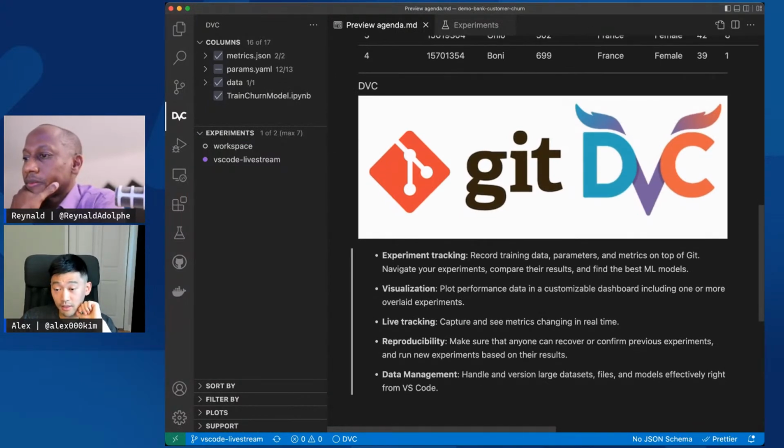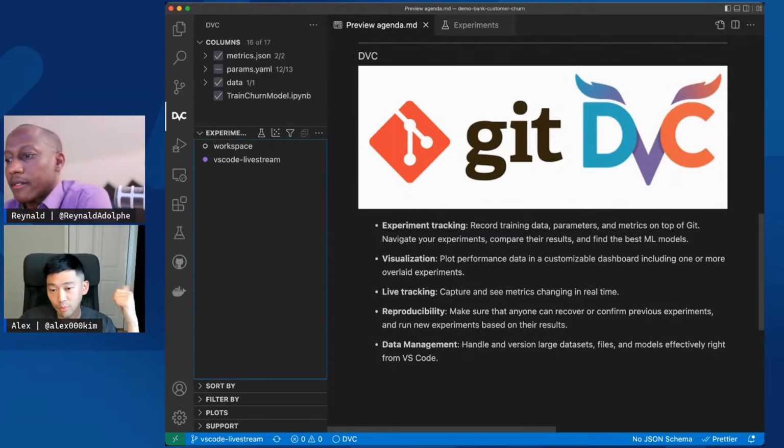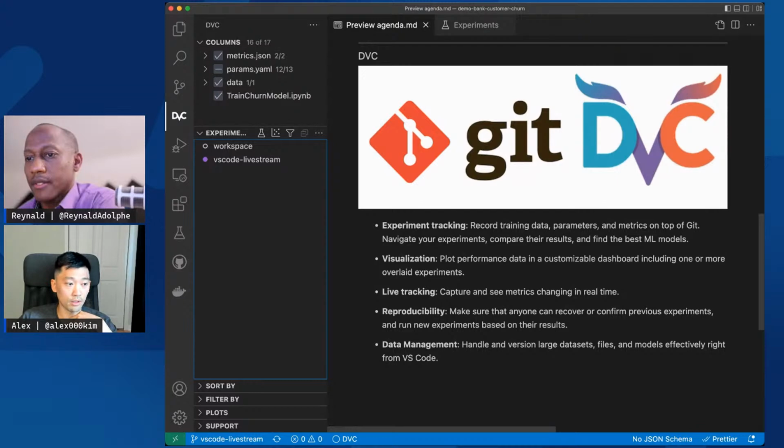Yeah, that's exactly the goal. In this toy problem, I'm using a fairly small CSV file, so most people would probably consider that it's fine to just put it in your Git repository. But imagine, and this is typically the case with many machine learning projects these days, that you deal with gigabytes or tens and hundreds of gigabytes of data. There's no way you can version it in Git directly, right?